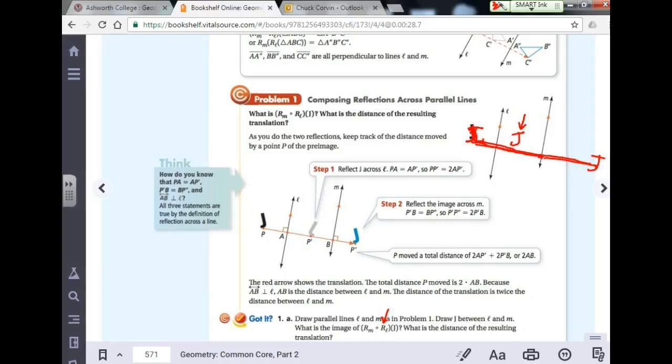Now, the distance, again, this right here: what is the total distance resulting in the translation? If it were here and it got reflected here, that is half the distance between L and M. And then if it got reflected all the way back over here from the original one to here,